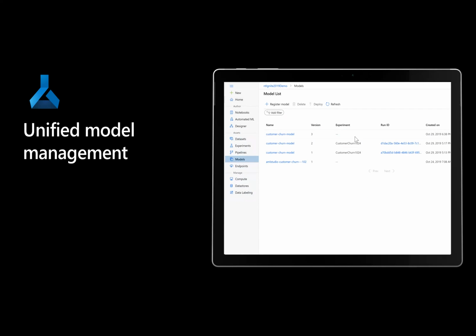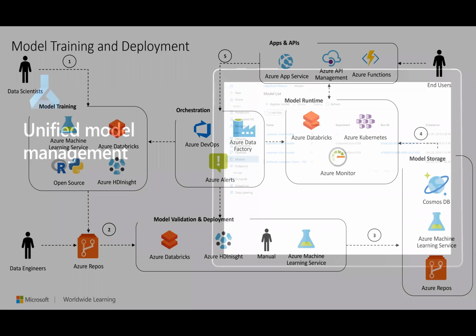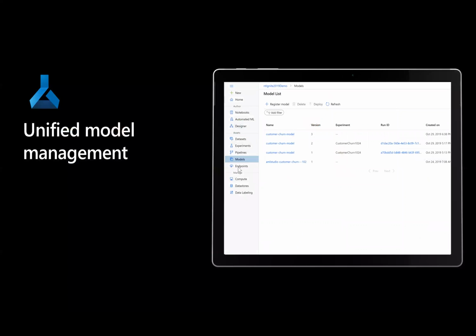Additionally, you have the unified model management, right? This is that centralized registry right there, where you can keep track and have lineage of all your models. And then actually, before I show that, you also have down here your endpoints, right? And that's becoming probably the most common way to deploy a model, which is to create an API endpoint, deploy it as an application, and then expose it via REST API. It allows for a lot of flexibility to take your scoring data or your real-time data, push it over to that model via an API, and get results back.